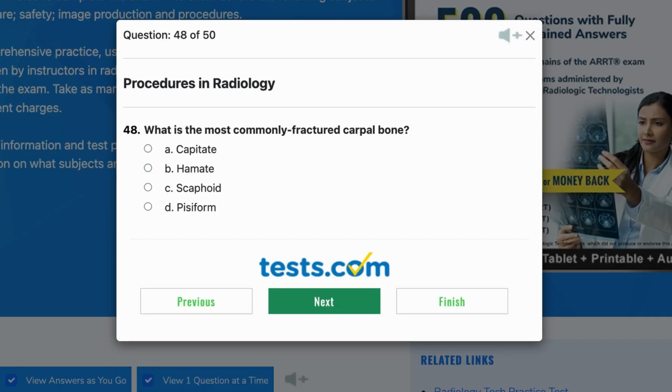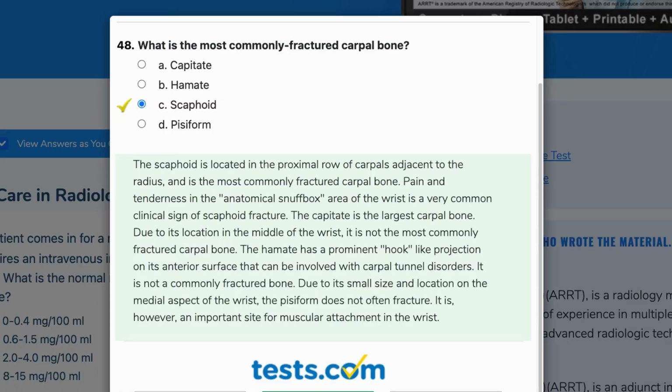Question 48. What is the most commonly fractured carpal bone? A. Capitate. B. Hamate. C. Scaphoid. D. Pisiform. C. Scaphoid. The scaphoid is located in the proximal row of carpals adjacent to the radius and is the most commonly fractured carpal bone. Pain and tenderness in the anatomical snuff box area of the wrist is a very common clinical sign